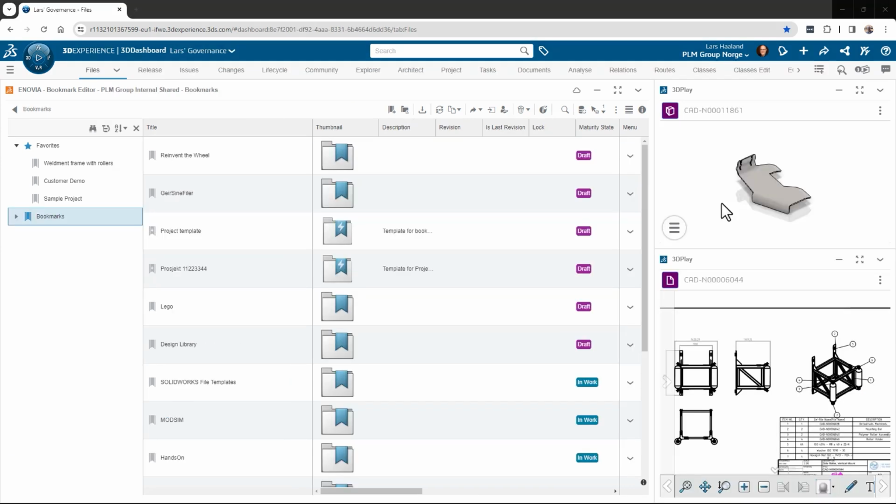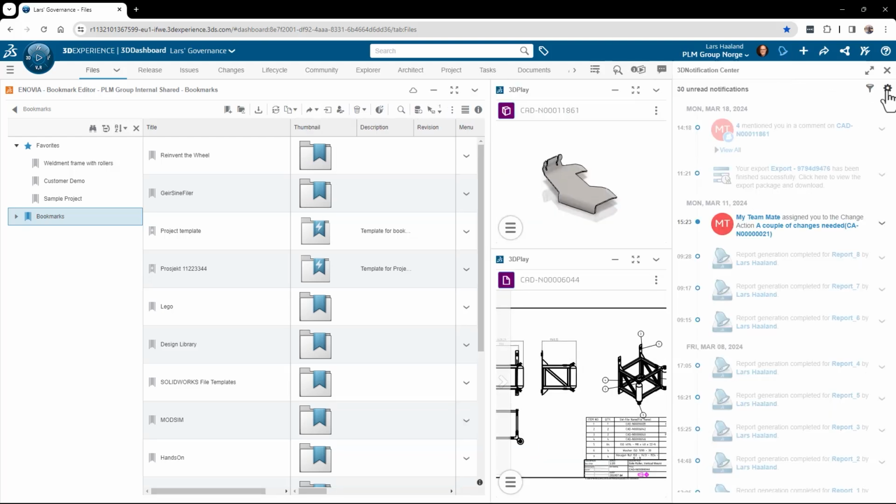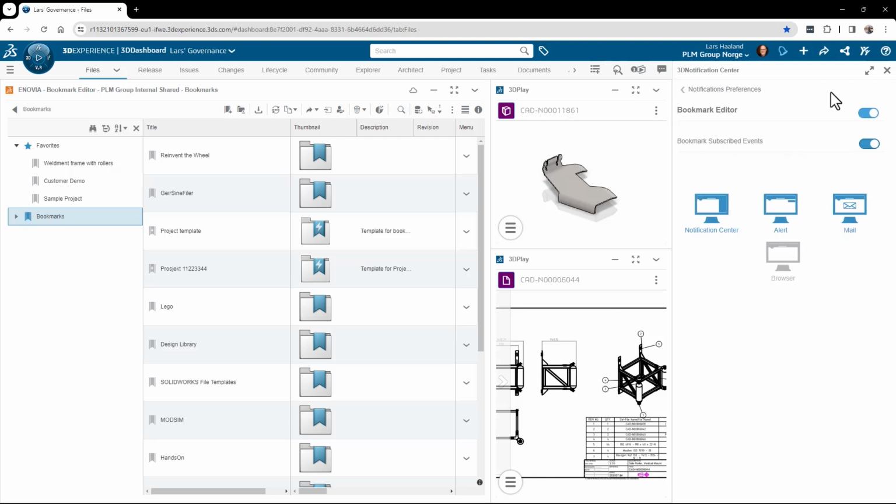So the first step is to tell the platform that you want to subscribe, but you also need to make sure that your notification settings that you find up here are set to give you notifications about these events. So you go to the preferences and you go to the bookmark editor app, and then you make sure that these bookmark subscribed events is on. That setting is on by default, so you should be good, but it's good to make sure that this is